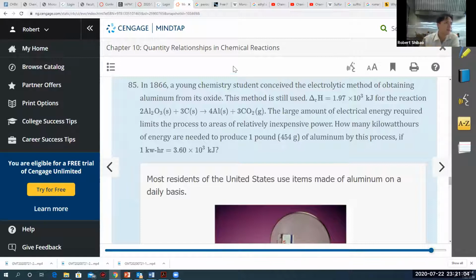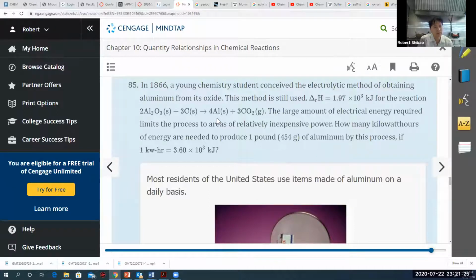And this electrolytic, there's another way that they did this. This is a very slow reaction to make aluminum. It used to be very expensive because it was hard to refine the ore to get the metal. And this was another TV documentary I watched. Somebody figured out a way to dissolve